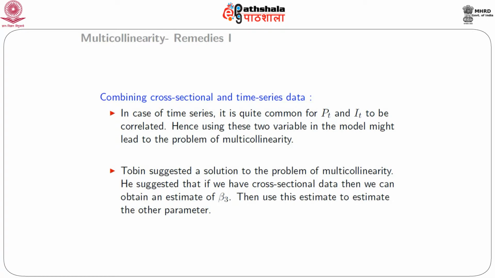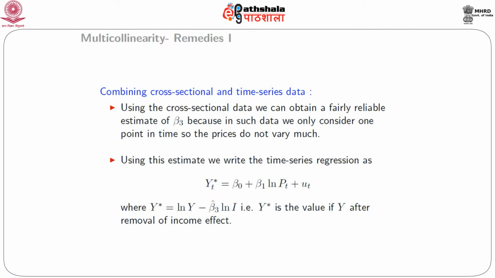Now, using cross-sectional data, we can obtain a fairly reliable estimate of beta 3, because in such data we only consider one point in time and collect data on price and income from different cross sections. Thus, we assume that the prices do not vary much with time. Using this estimate, we can write the time series regression model that we have seen earlier again in the new